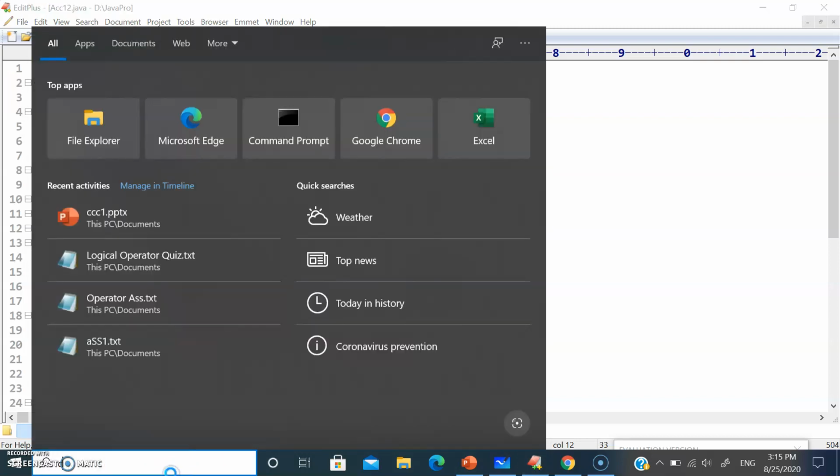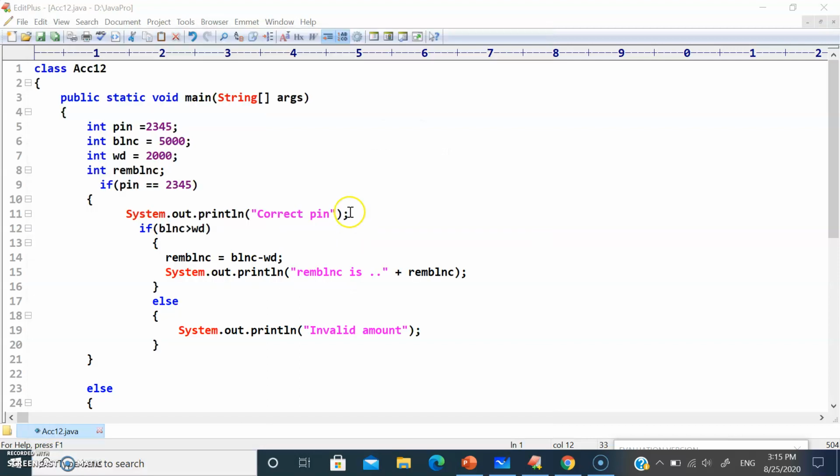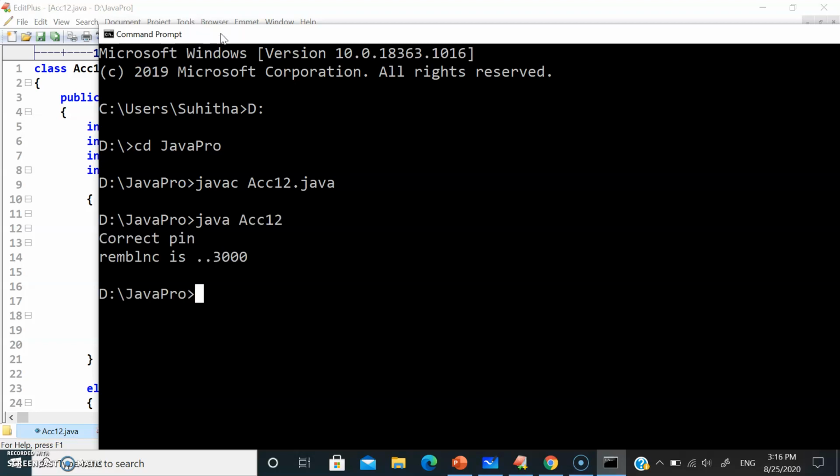Let's open our compiler. It's in the D partition, change it to D, and the folder name is Java Pro. Let's call our compiler to check the program: javac acc12.java. No error, perfect. Java acc12.